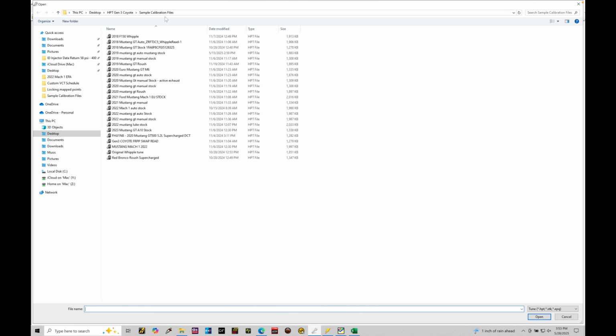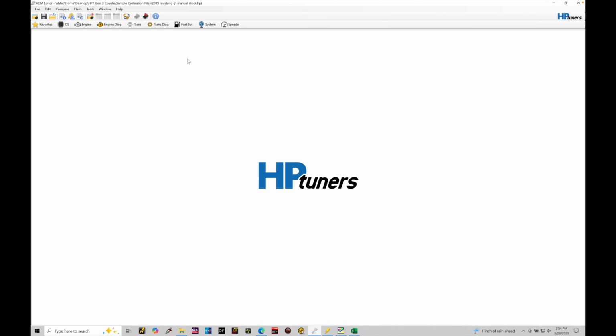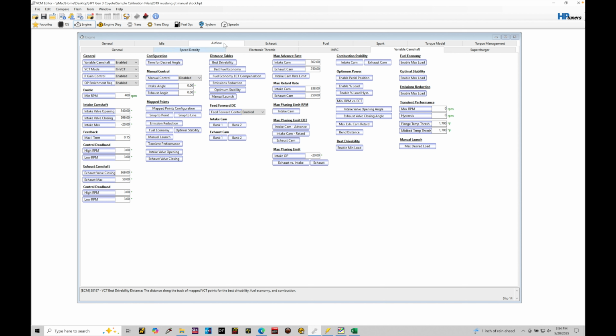I'm in the sample calibration file subfolder in our Gen 3 training course main folder. Let's go ahead and open up that file we've been working with all throughout the training course. Let's just do this 2019 Mustang GT stock. Okay, we see the file's been opened. So we're going to go over here into our engine tab, and we're going to move over here from airflow